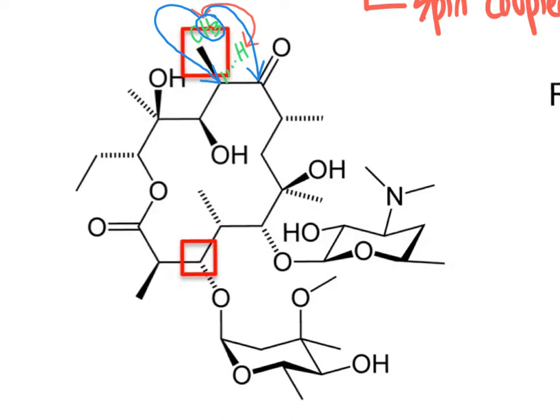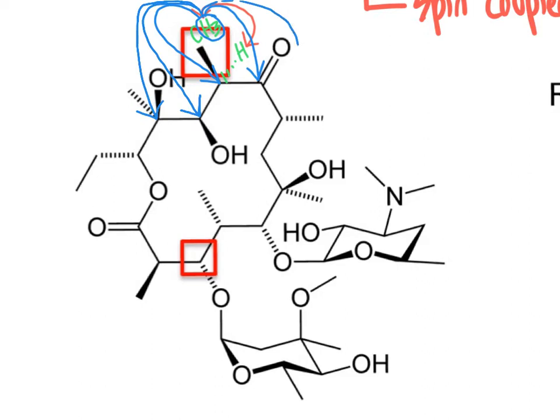Because we go hydrogen to carbon, carbon to carbon, carbon to carbon. And continuing onward, we would also expect to see a correlation over to here. That would be another example of a 3-bond correlation. And as a weaker correlation, we do often see 4-bond correlations, which would take us over to here